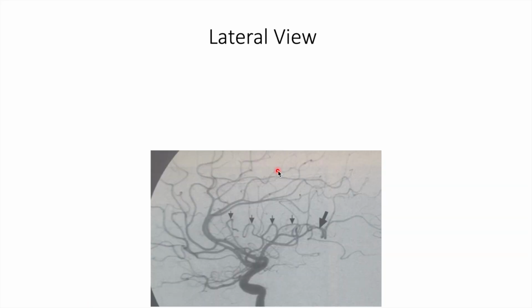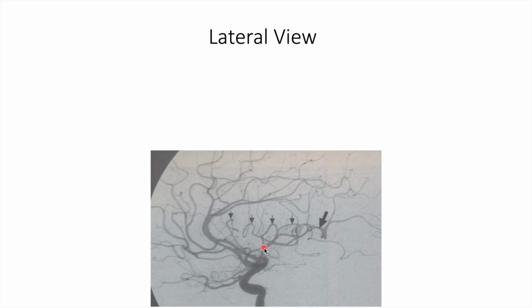Now, on the lateral view, this is how it looks. On the lateral view, this artery going up here, which goes like this, is the anterior cerebral artery. And this whole territory is what is occupied by the middle cerebral artery. And then if you look on the lateral view, this branch that goes like this is actually the inferior division